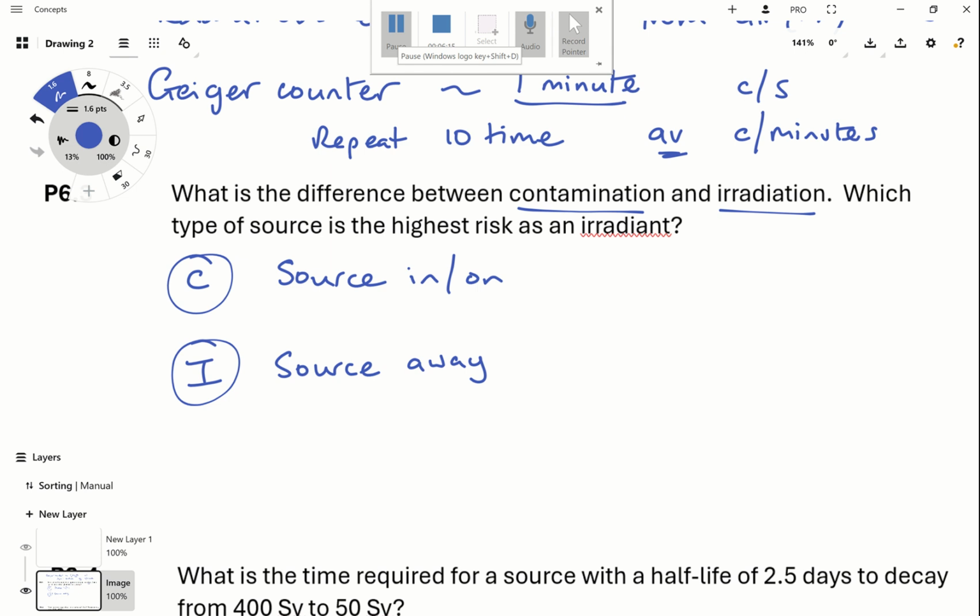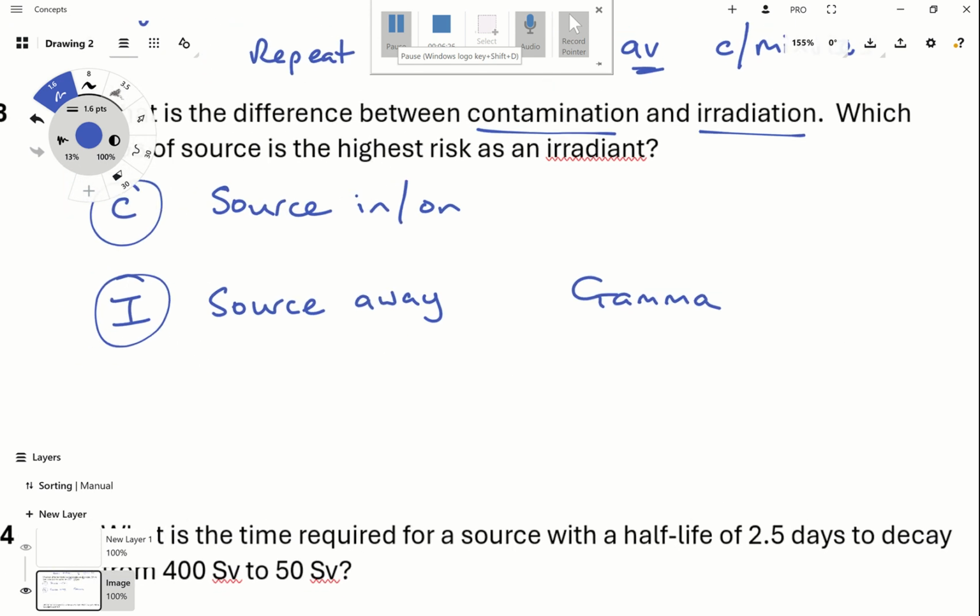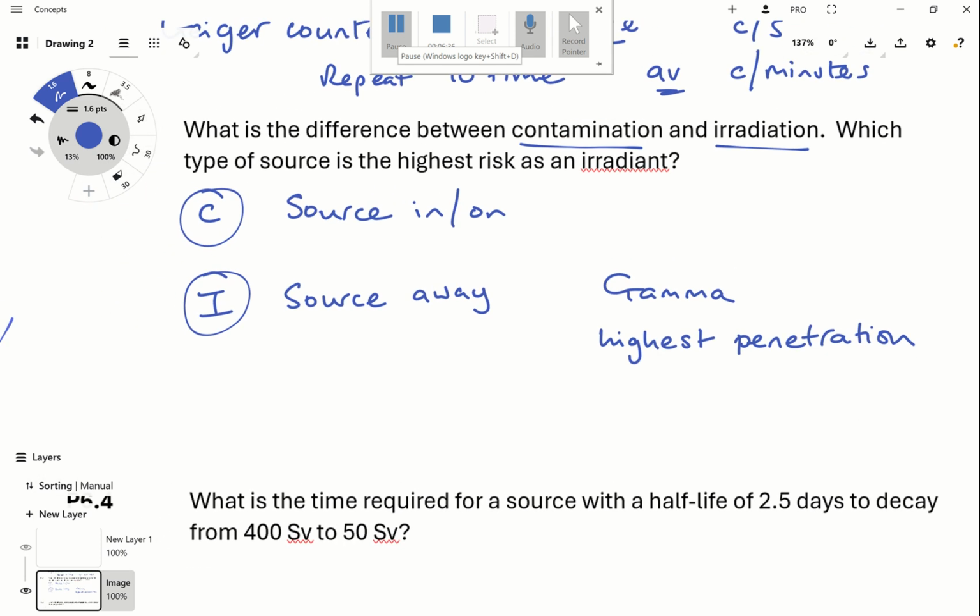It says, which is the highest as an irradiant? Well, that's gamma. And the reason being because it's the highest penetration. But we could then say, unless,